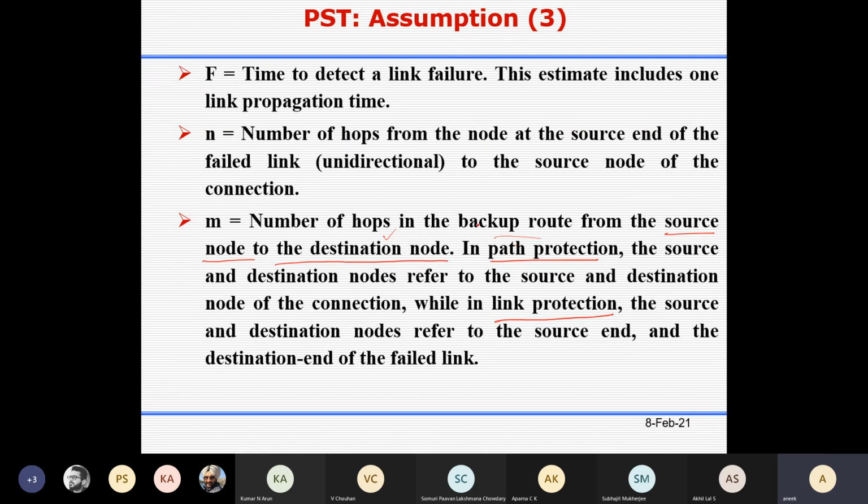In case of path protection, you have to send the connection request message from the connection source node to the connection destination node. So in case of path protection, it is the source and destination node of the connection.